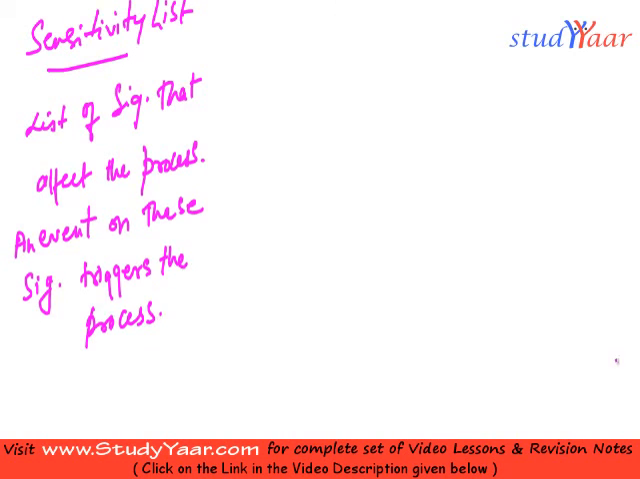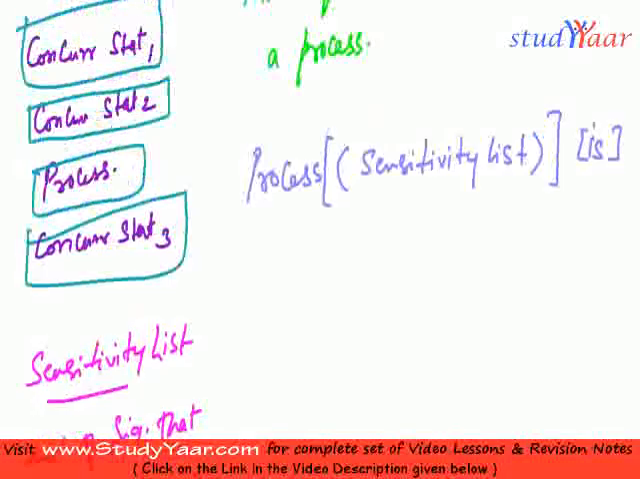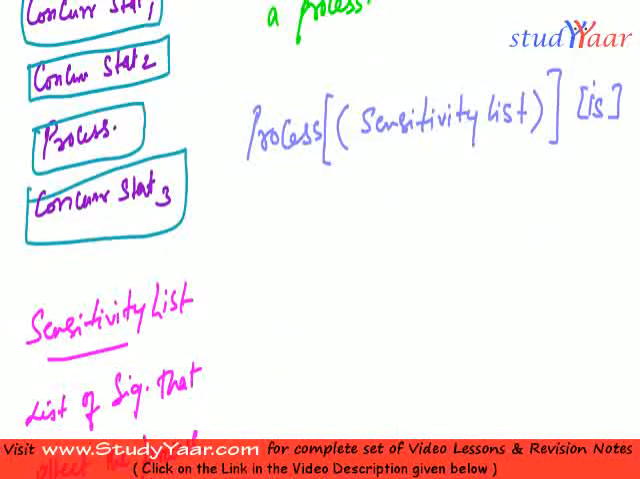Just for you to recollect, I have written it over there. Now you are talking about how to define a process. So you have process, you have the sensitivity list, then you have is, and over here you have any